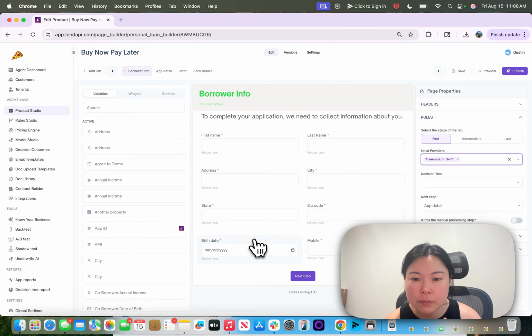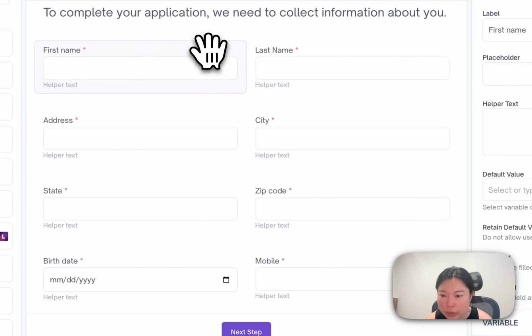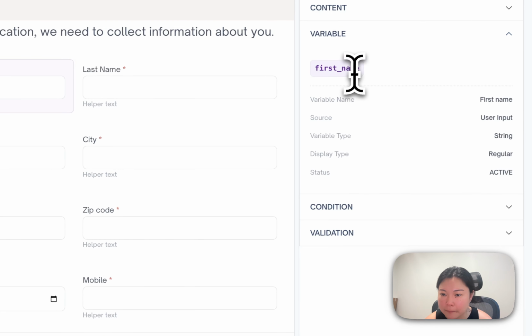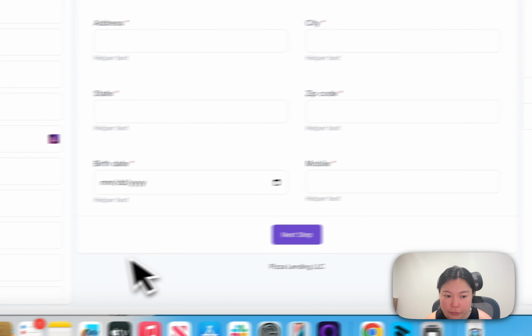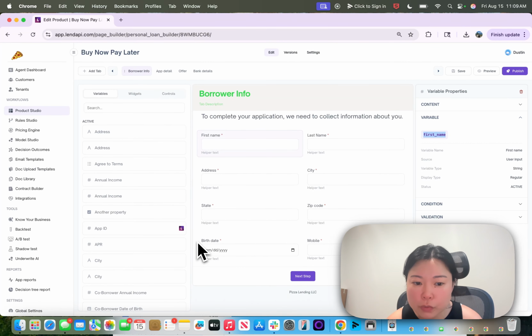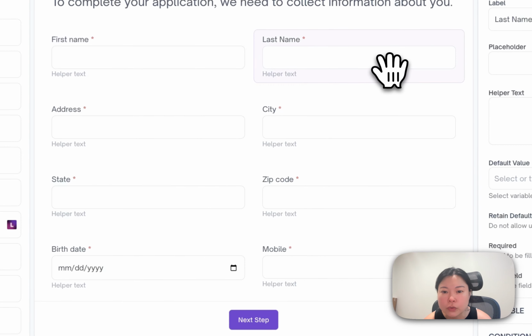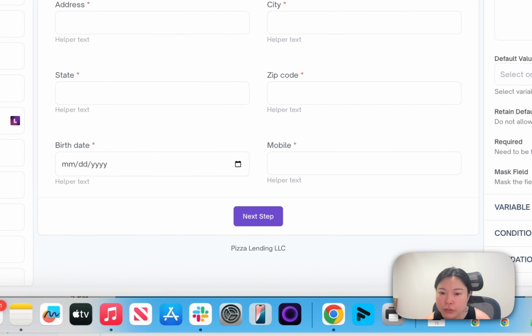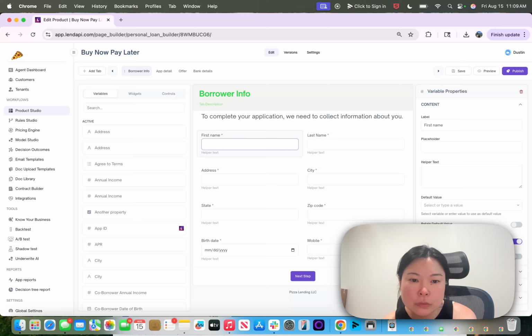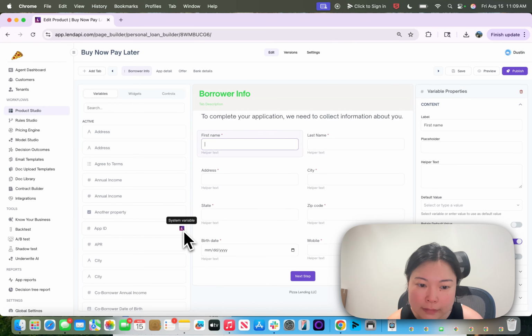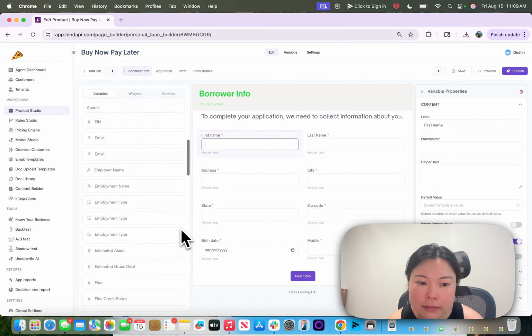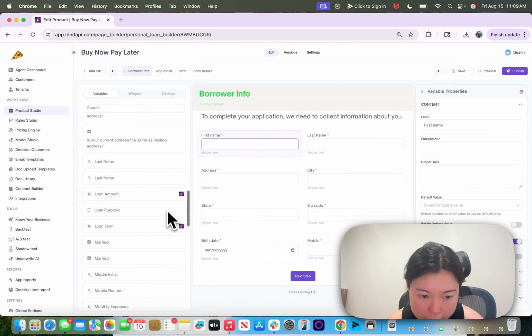And that is, for these specific data pulls, we have what we call our LendAPI system input variables. This is different than user input variables. These are fields that the user can input, but they are anchored to the LendAPI platform for you to be able to utilize for third-party or API connections. And to verify which are actually LendAPI system variables, you can check inside either our Model Studio or inside our Product Studio, and you'll see there are specific system variables and a little